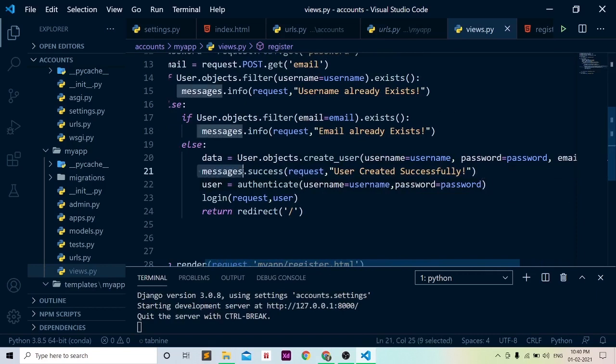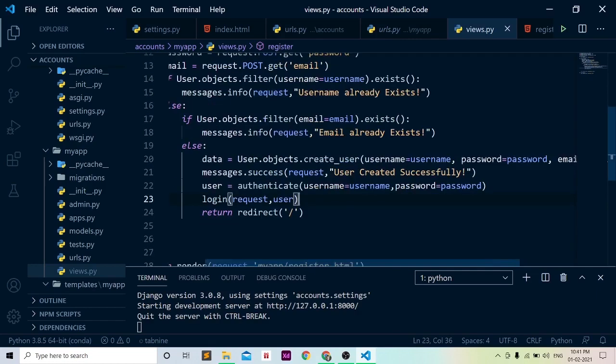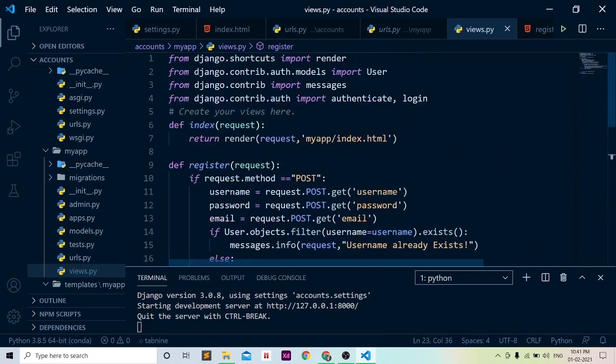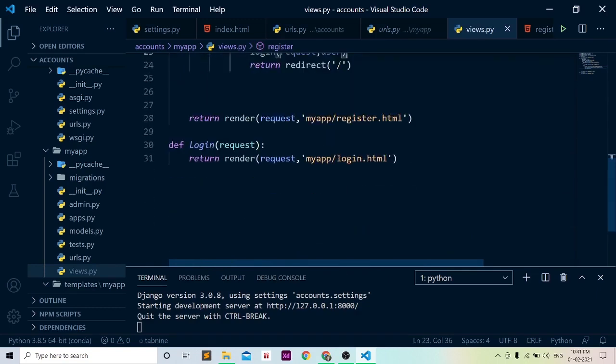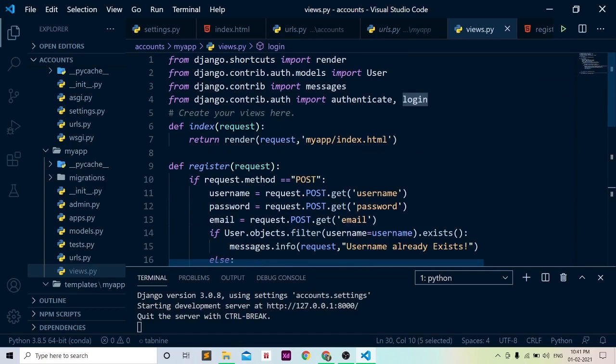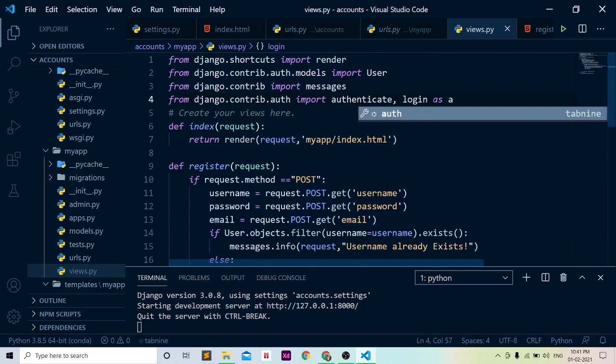Now we can say messages.success, all these things. Okay, and we will authenticate our user by that username and password, and similarly after login we will be redirecting to the home page. But as you can see, this login function and this login function are the same, so we need to do one thing: import login as auth_login.